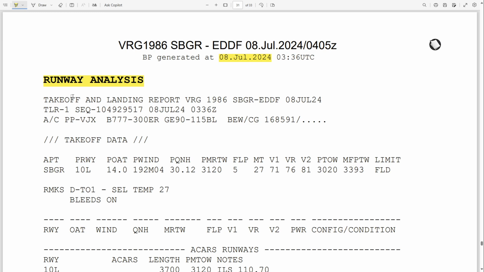Then it says that this is the takeoff and landing report for the flight Vargi 1986 departing from Guarulhos to Frankfurt Main on the 8th of July 24. So you have the information number 1. This is the sequence number at this date and this time, 0336 Zulu. Our airplane is the Papa Victor Juliet X-ray, a 777-300ER, and the engines are